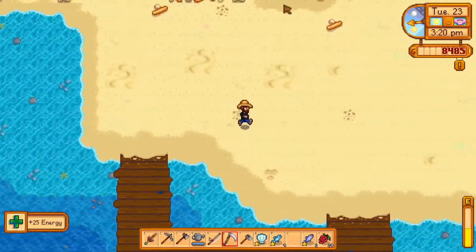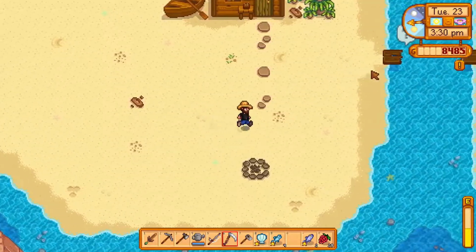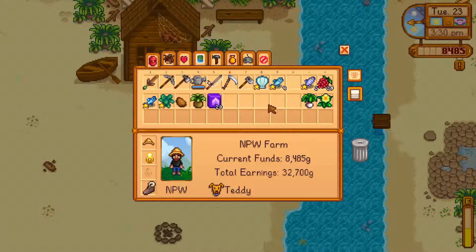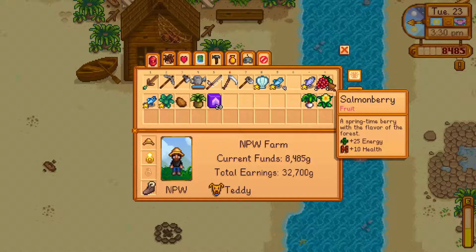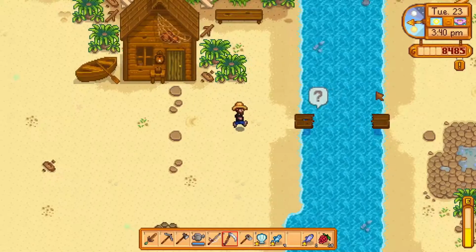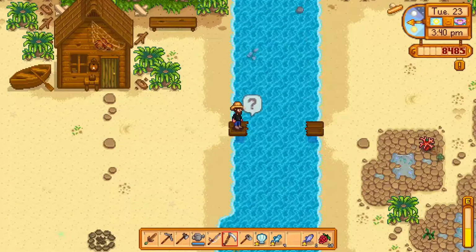Now, since we are on the beach, and we can forage the shellfish here, one of the topics which I discussed in my previous episodes was the amazing thing about the salmonberry season. Spring has salmonberries. Fall has blackberries. Summer is special because summer doesn't have a berry season. Instead, the developer has made a few days when more and more shellfish will be washed onto the shore of the beach. Therefore, getting this bridge fixed for 300 pieces of wood will be important, as here you can see